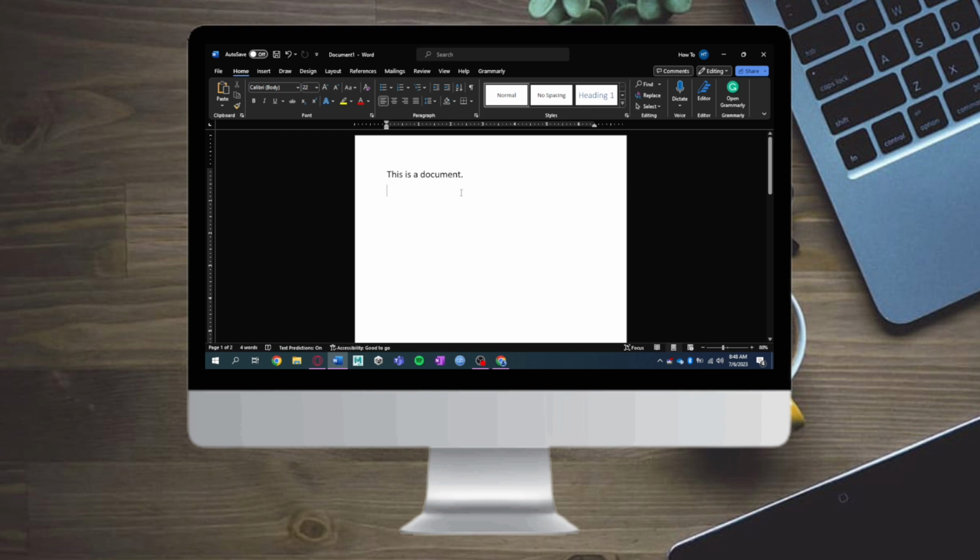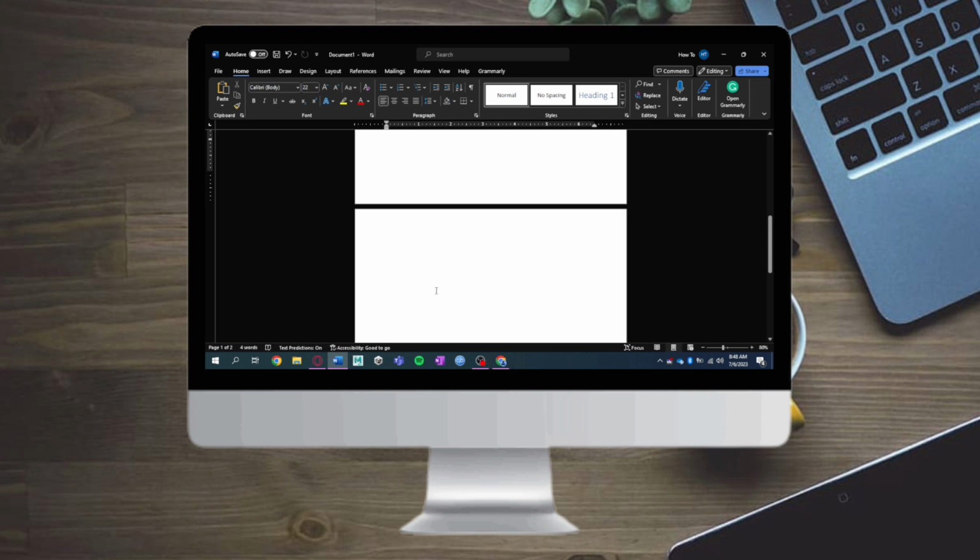So the first way is, as you can see right here, I have 2 pages. So what I need to do is to just click on this second page and click on the backspace or delete key. And that should be able to delete that specific page, and as you can see I only have